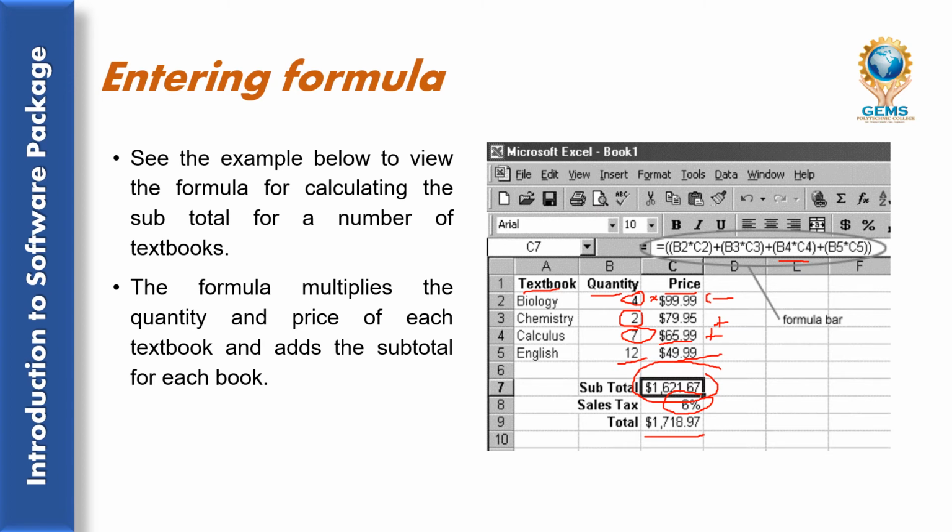Then you press Enter. What value will you get? You will get the subtotal value. After that you can add sales tax to the subtotal, and you will get the total value of these textbooks.